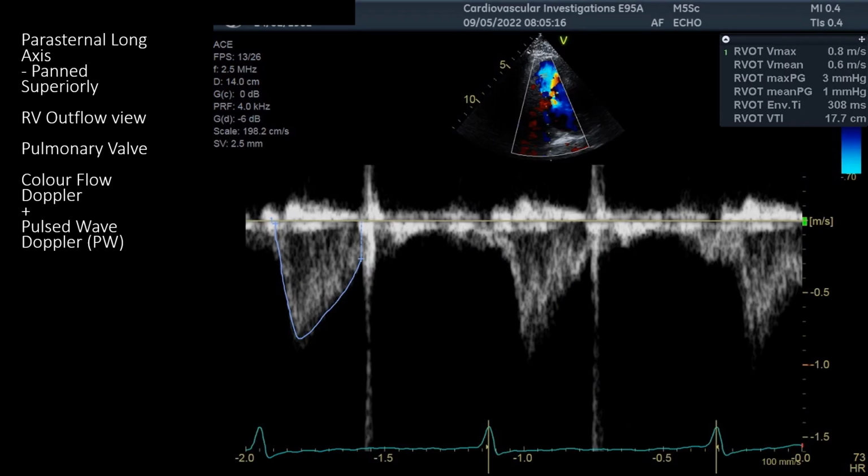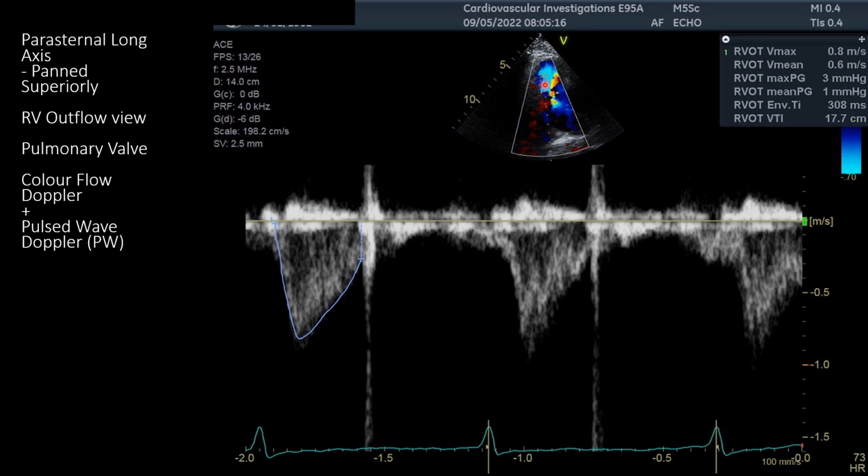This is another spectral trace now looking across the pulmonary valve and down the right ventricular outflow tract and main pulmonary artery. However, in this spectral trace, we are using pulse wave Doppler as opposed to continuous wave Doppler that was used in the image a couple of slides previous. The difference between pulse wave Doppler and continuous wave Doppler is that in pulse wave Doppler, we are not interrogating all of the blood flow velocities along this line of interrogation,